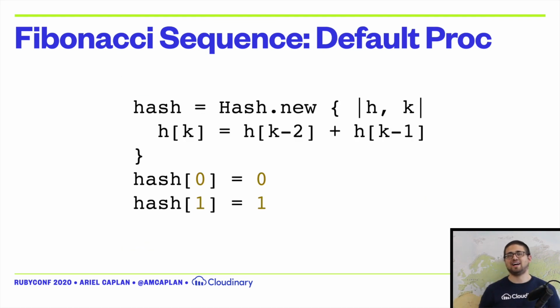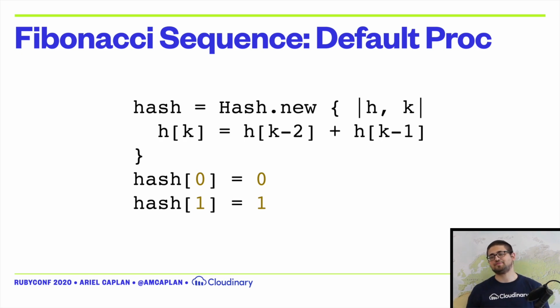It's just written as a hash with a default proc. So the default proc of the hash is set this key to the values for the two previous keys, right? Inside of our default proc, we can access a value on the hash, and that actually works recursively. If I ask it for the value of 100, it'll ask itself what's the values for 99 and 98. Of course, we have to set our base case as well, so that's why we have hash 0 equals 0,